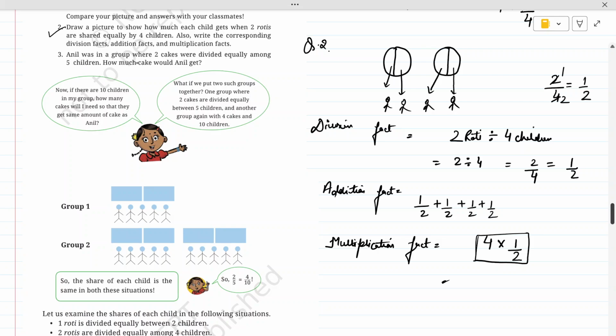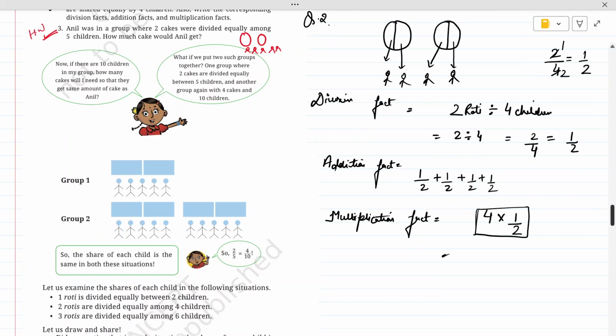Next, Anil was in a group where 2 cakes were divided among 5 children. How much cake would Anil get? Kids, very, very easy and it's a homework for you. Okay, here we have 2 cakes and it is divided among 5 children. 1, 2, 3, 4 and 5. Okay, you have to write all these facts here. Now, let's move further. This one is homework for you. Next, what we have here is,